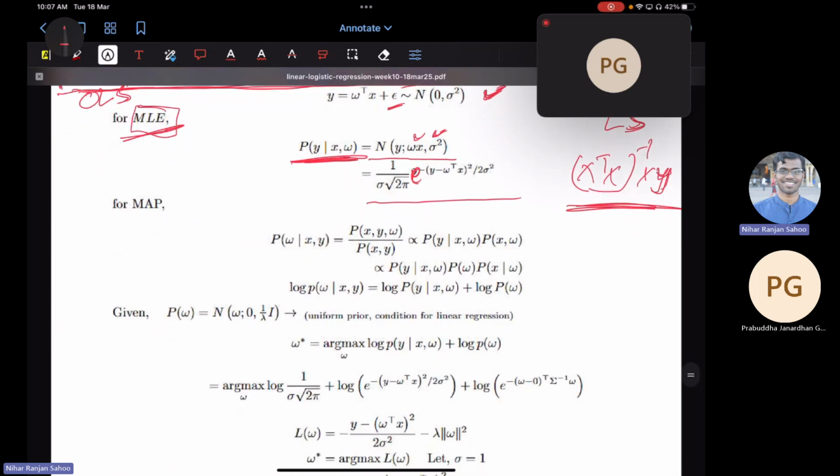For the MAP estimate, you have to compute the parameters of the given machine learning setup, that is W, and the given data are X and Y. So you can easily convert this into a joint distribution of X, Y, W, normalized by the total probability of X, Y. If you reshuffle and convert into Bayesian form, you can rewrite this formula like this. This can be converted into probability of y given x comma w, into probability of x comma w,